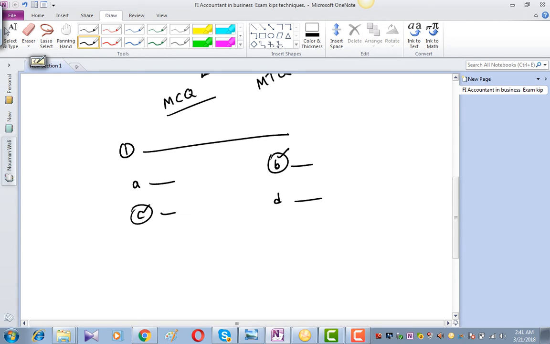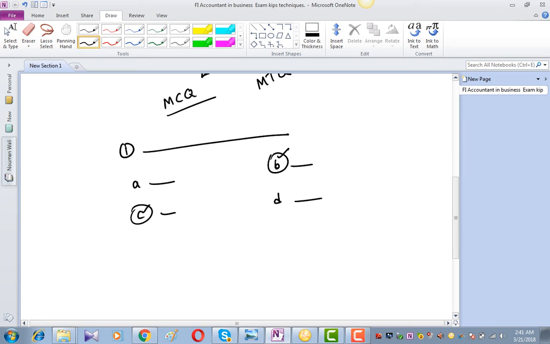There is one more problem in MCQs that you need to understand, that some questions are more confusing because students feel all options are correct, but only one option is correct. In this case you have to think and go with the most reasonable option nearest to the question. This will solve your trouble. So this was the MCQ area. You have to tackle the MCQ area with a very clever mind.